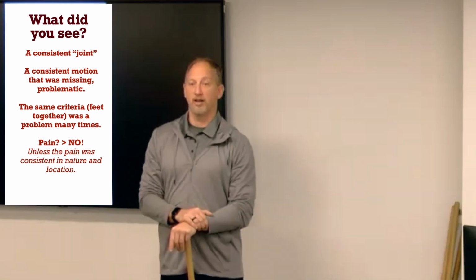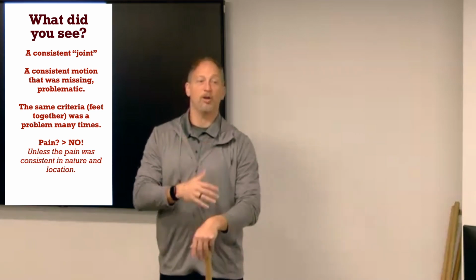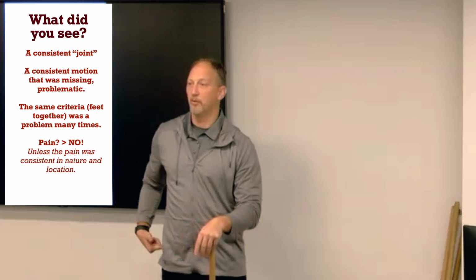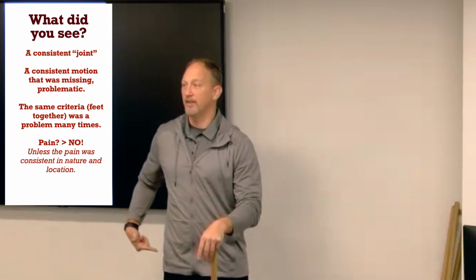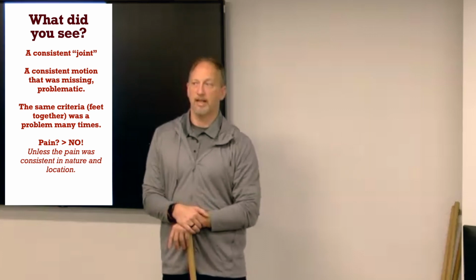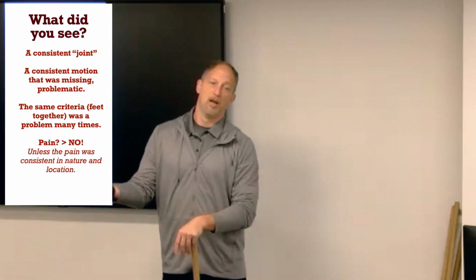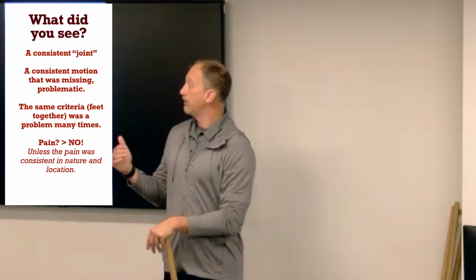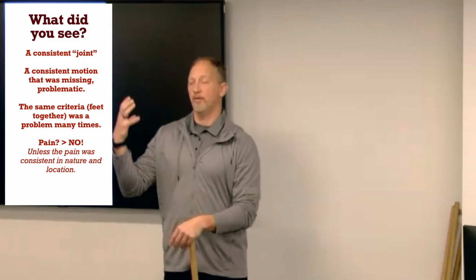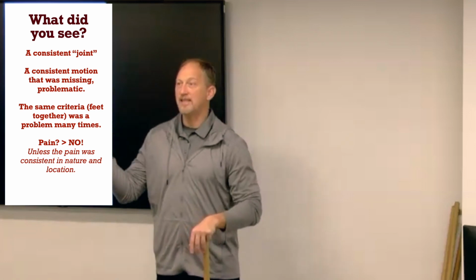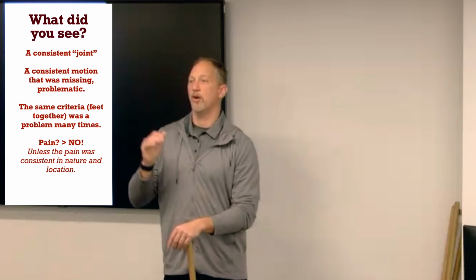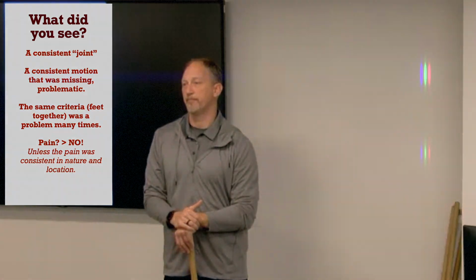We don't need to look at and assess all the different joints of the body, but the consistent thing we ran into is the hip. The nervous system couldn't solve the hip problem when we engaged the hip. We need to look at the hip. So that's why we're going to start with the profile first. Thursday when we come back, we're then going to talk about what the next steps are. We've taken those 2 minutes. We've determined that I need to look at the knees, or I need to look at the shoulder, or I need to look at the low back. What are our options at that point in time? And we'll also talk